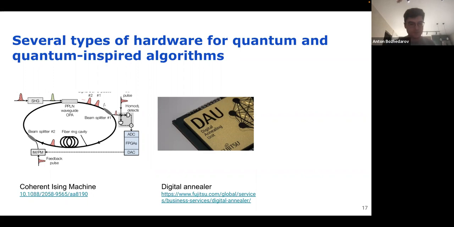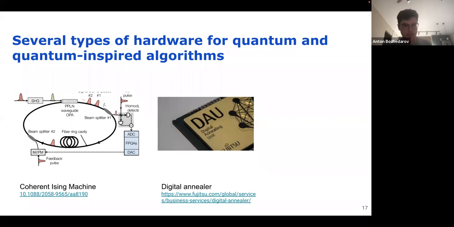Some of such devices work even without the electronic components, without FPGA. They work only on integrated photonics, but these devices are not very big nowadays. So they could solve about 10 or 100 binary bit strings. So it's not very important right now, but they will be very fast in the future.